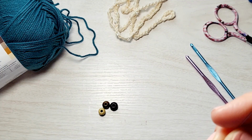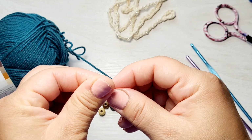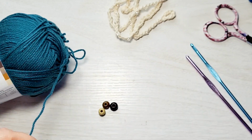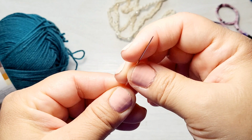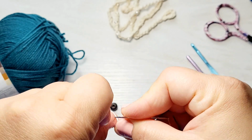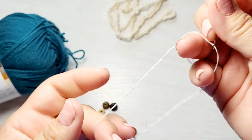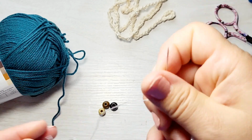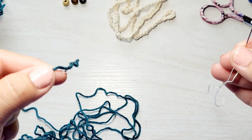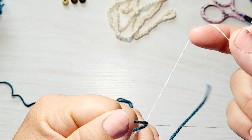And what you're going to do is, it's not going to be very easy at all to put this yarn through those seed beads. So what we have to do is make it fit by using this embroidery needle and thread. So what I'm going to do is tie a knot at the end, just one, because we just want to create a big loop basically with this. And then I'm going to pull some of this yarn out. You take the end of your yarn and you just put it through this big loop on your string,